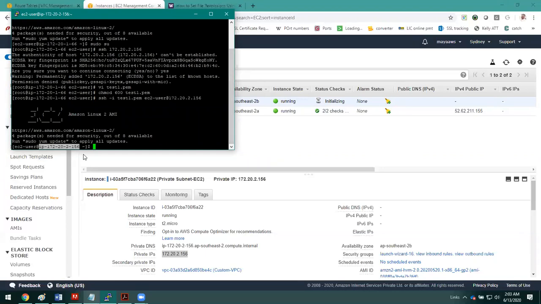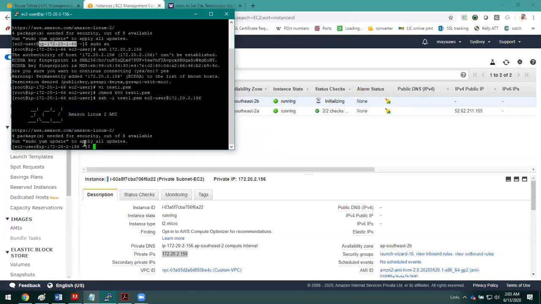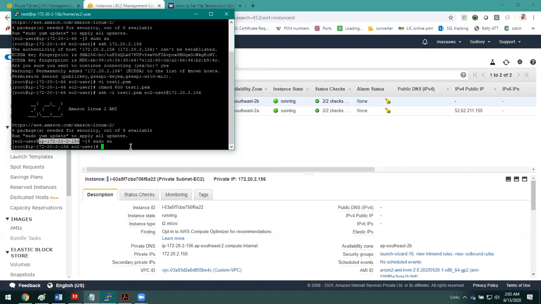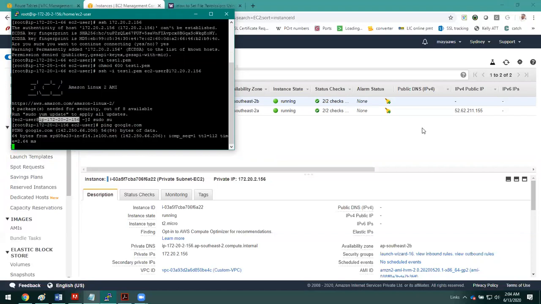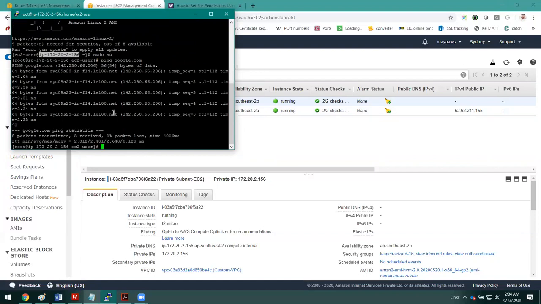Fine. So now I see the console which I am seeing here. It is for the private EC2 instance. So I'm able to access the internet from the private subnet machine through the help of NAT gateway.